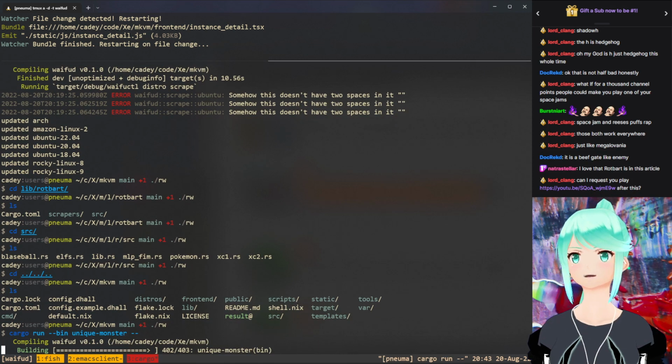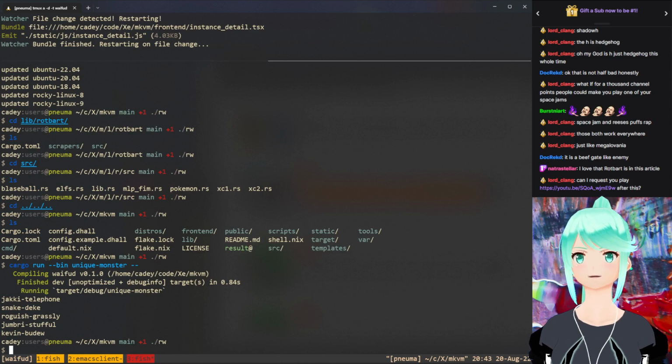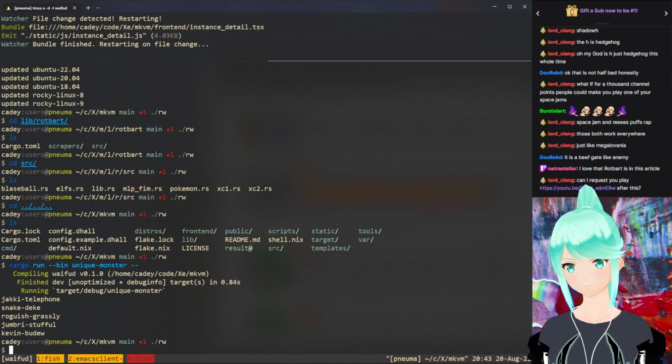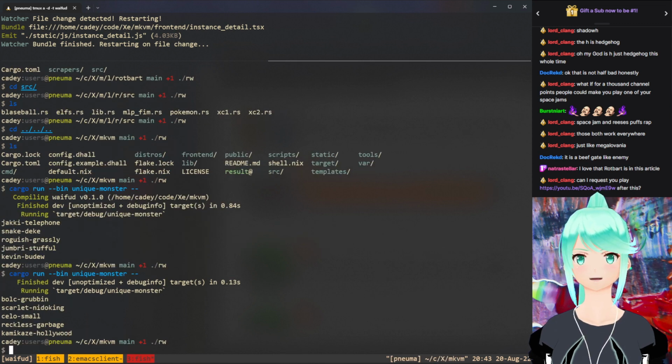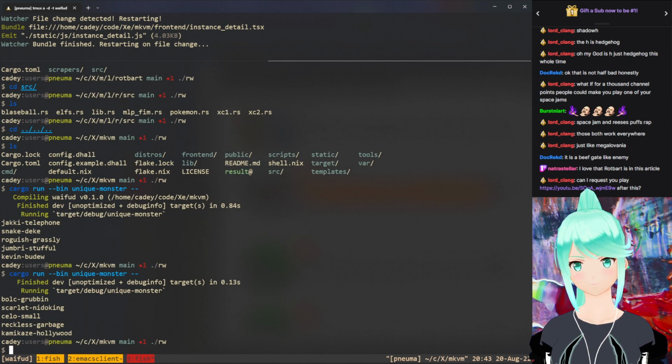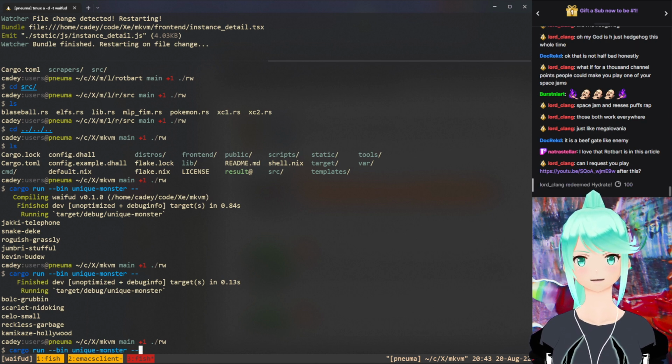I made a program that I call Unique Monster that puts all of this into a blender, so you get names like Scarlet Nidoking, Kamikaze Hollywood, Reckless Garbage,